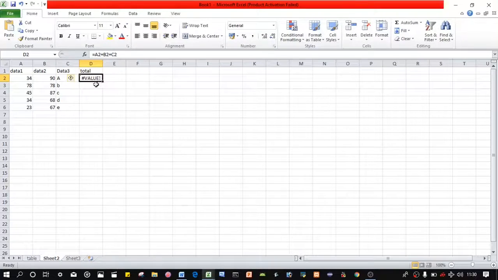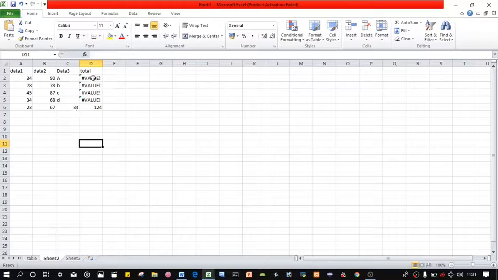So let's use the next one. What is the answer of that? Oh, all are the same because here also there is an alphabet. Let's change this value to a number. What is the output? Oh, really? The output is 124 because here all are the same kind of value, that means all are numbers. But in this case, these two are numbers and one is an alphabet. So this is one type of error.